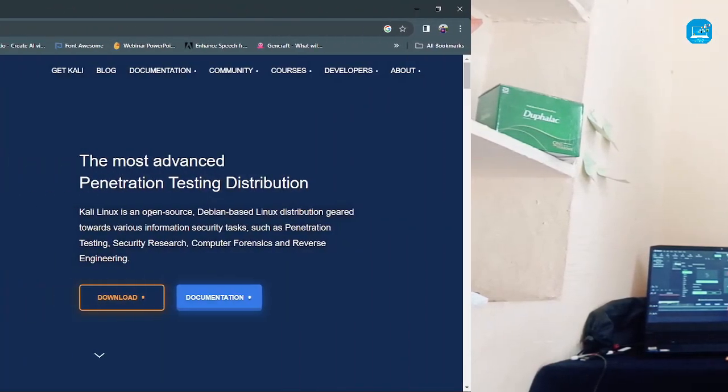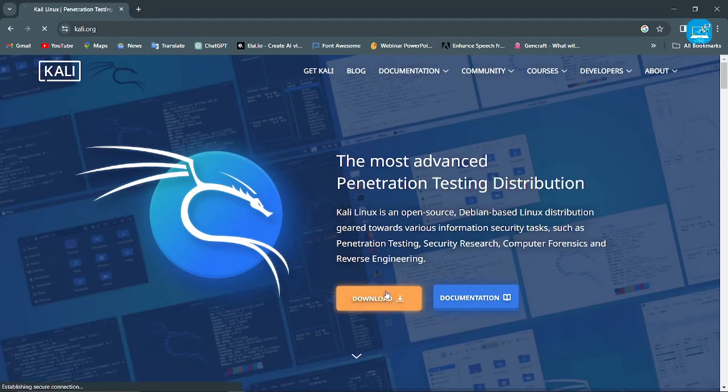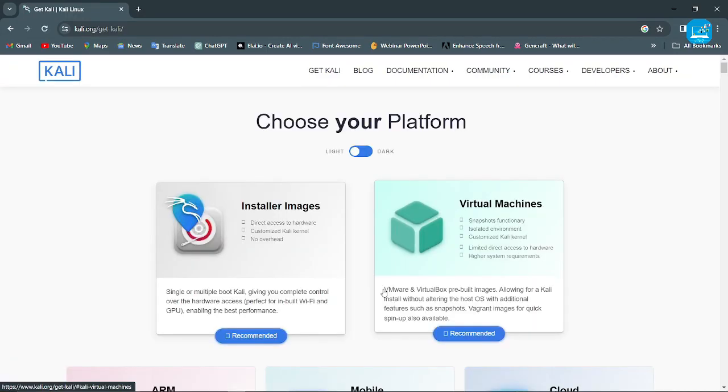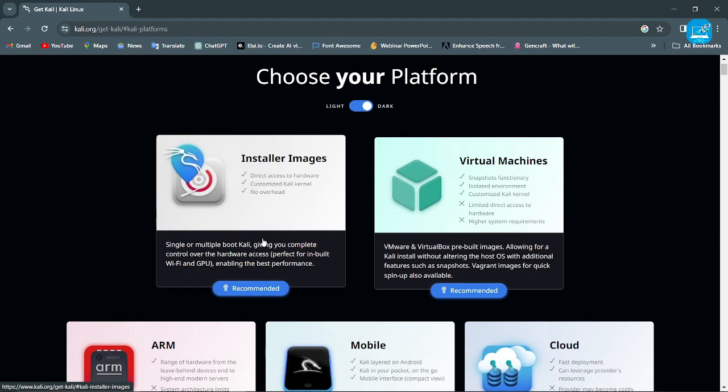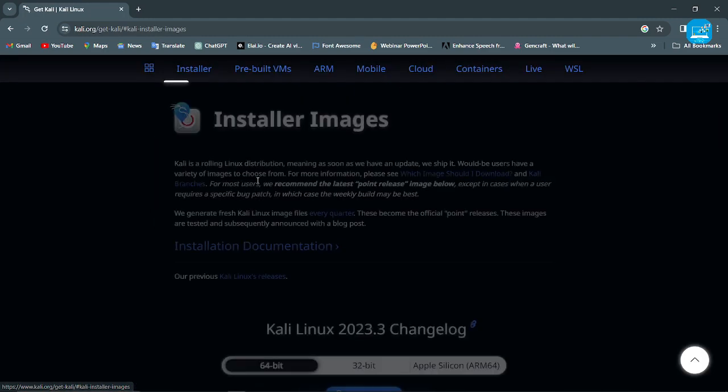So first of all, open your favorite browser and search for Kali Linux. Don't worry, you can directly open this link. I provide this link in the description box. This is the official website, and you can see here the download button. You simply click on it. Now here you choose your platform. We download installer images. You simply click on it,